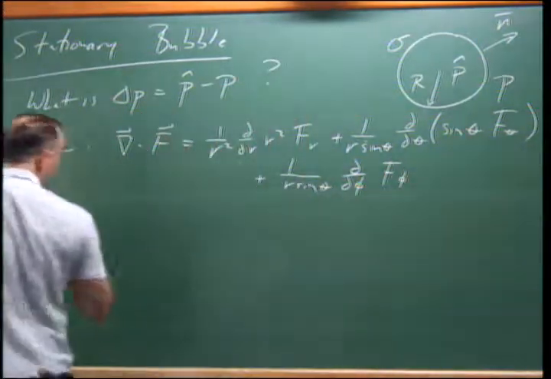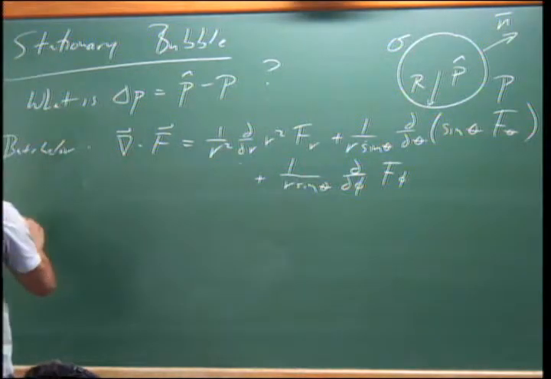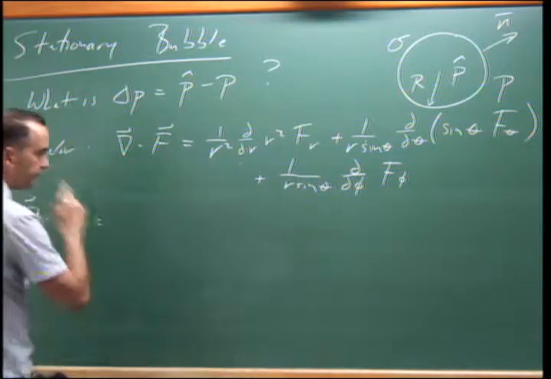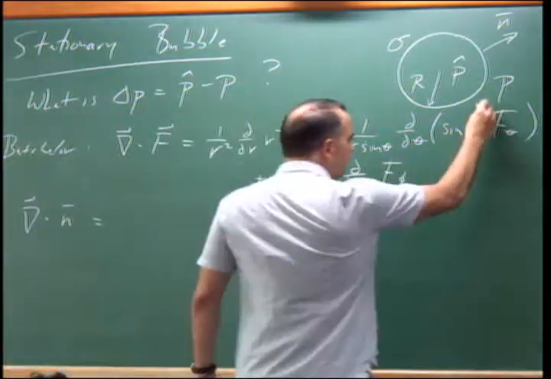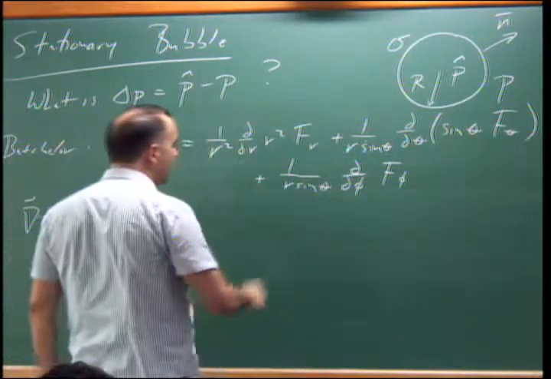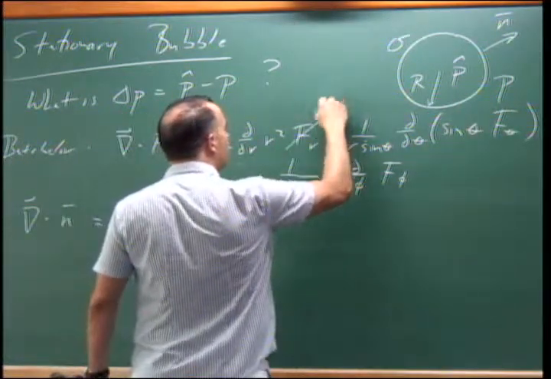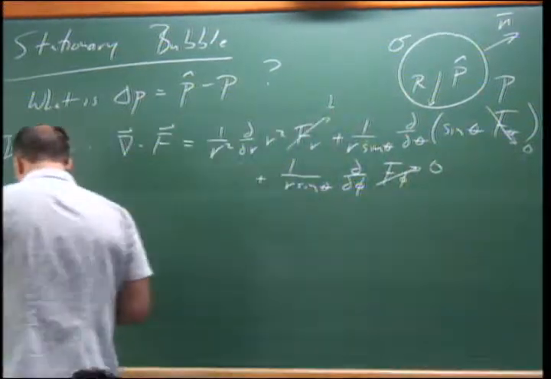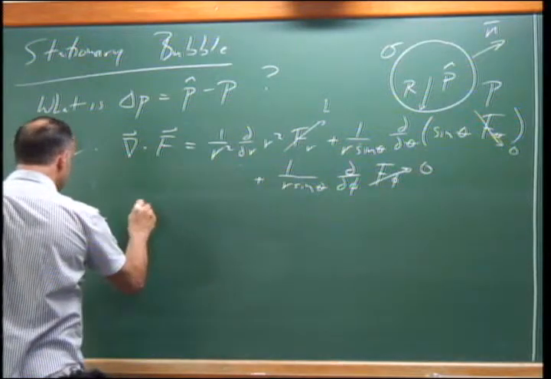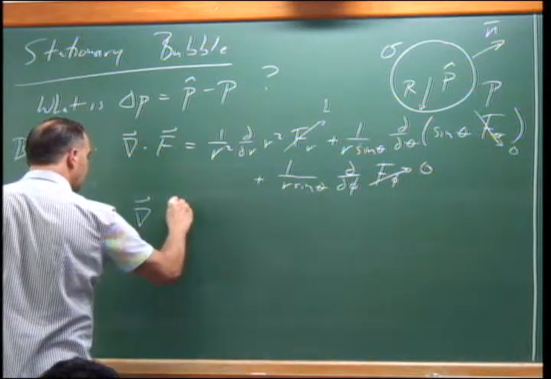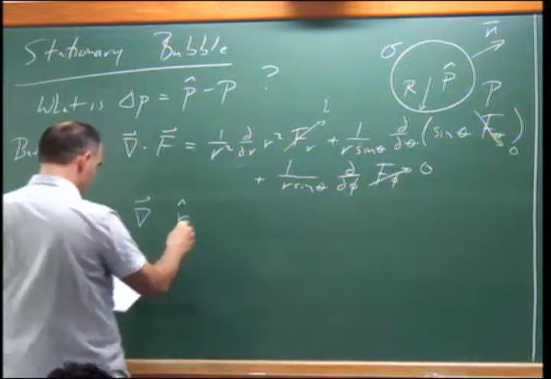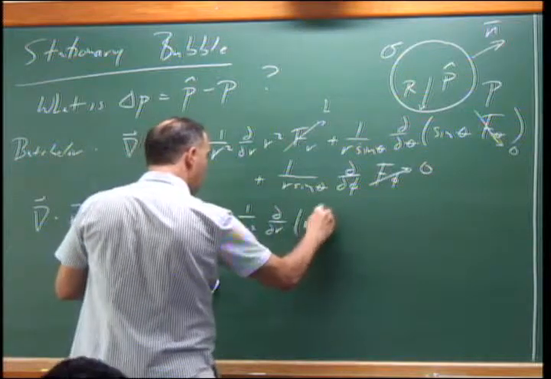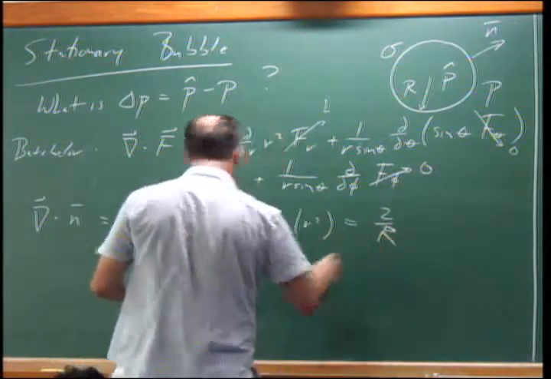So if we're looking at the divergence of the normal, the normal is just a unit vector in the radial direction, so this becomes 1, this becomes 0, and this becomes 0. So we have r hat, the unit vector in the r direction,